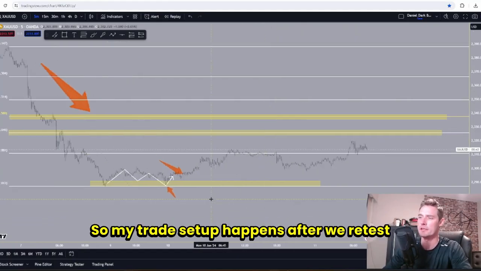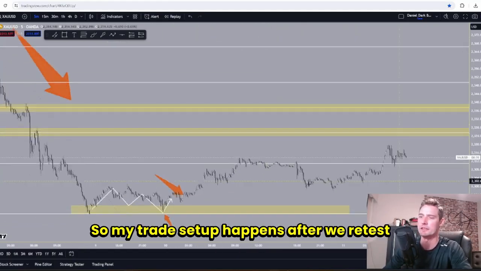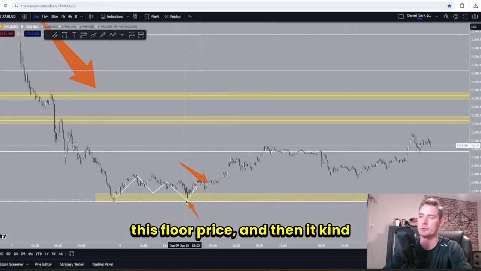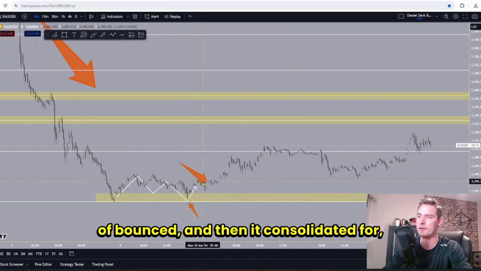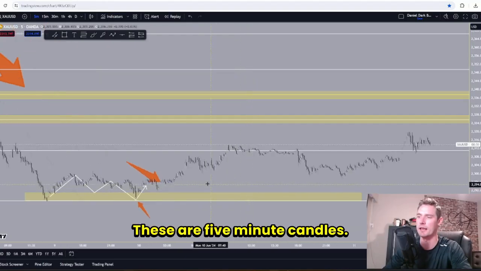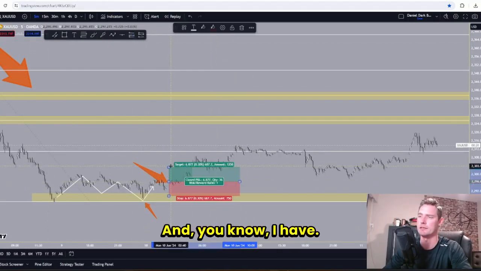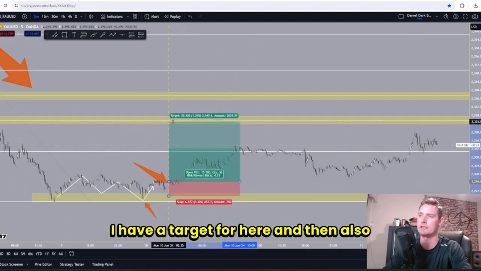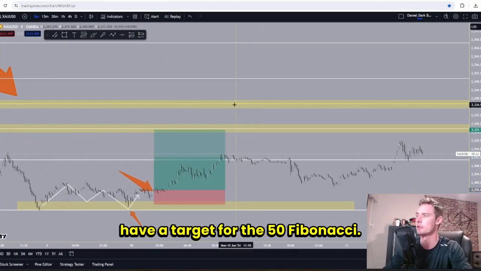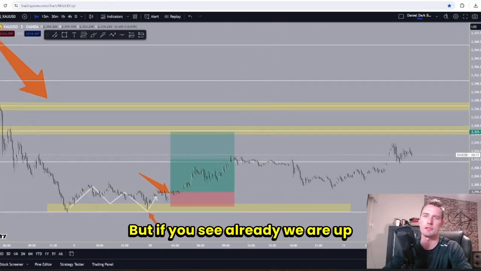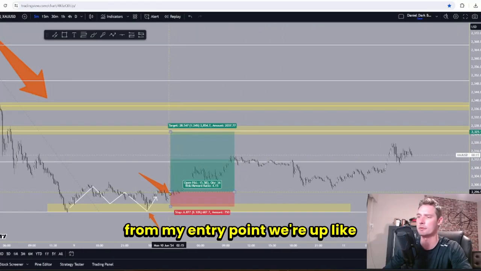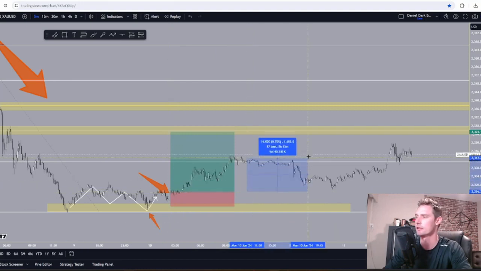So my trade setup happens after we retest this floor price, and then it bounced, and then it consolidated for quite a few hours, right? These are 5-minute candles. So I ended up going long here. I have a target for here, and then I also have a target for the 50 Fibonacci, right? But if you see, we are already up from my entry point. We're up like